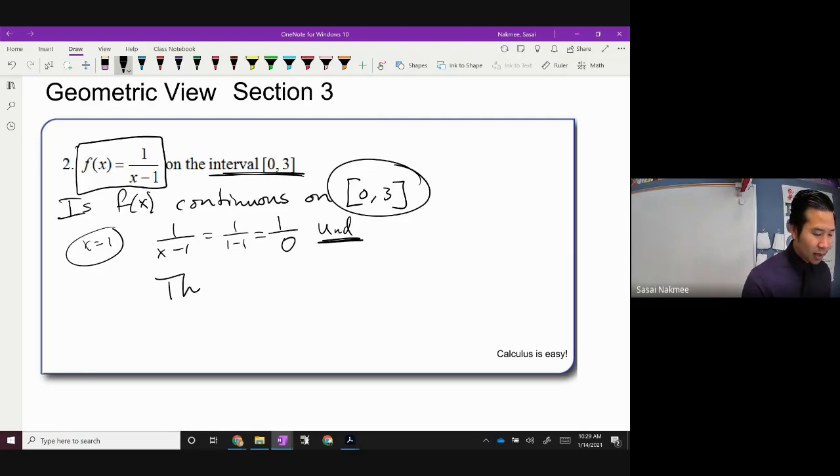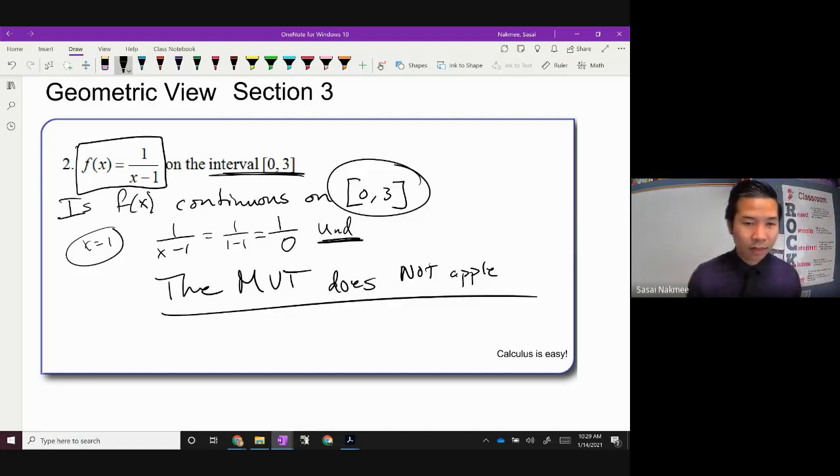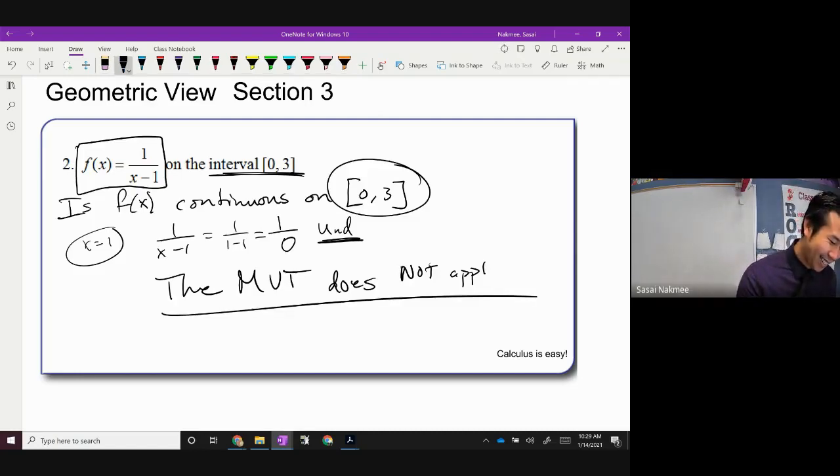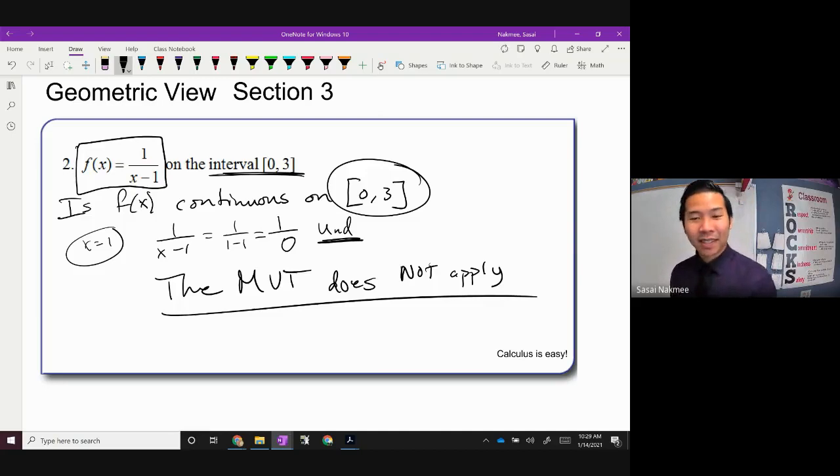I can state that the mean value theorem does not apply. And I'm done with the problem. Does not apply, right? That's it. So it's as simple as that when you're trying to show that you can't use the mean value